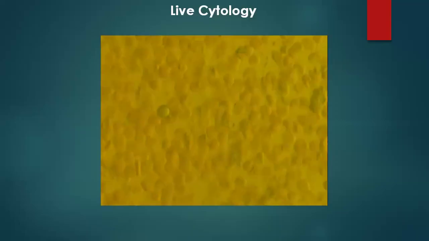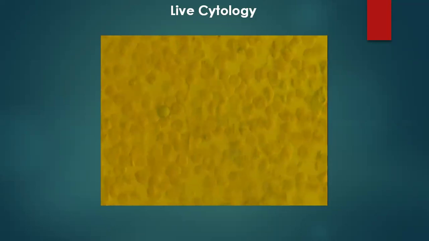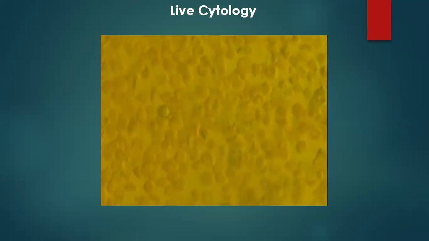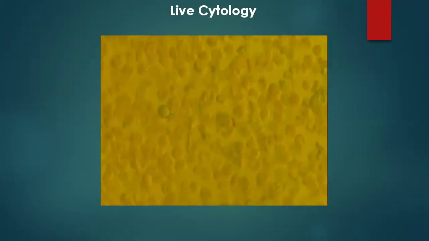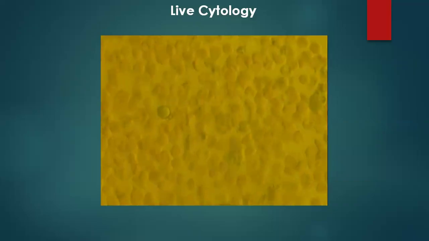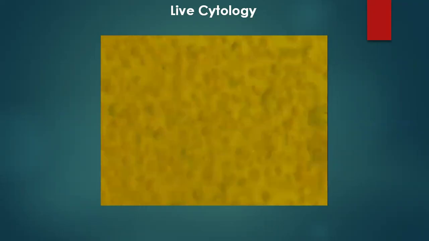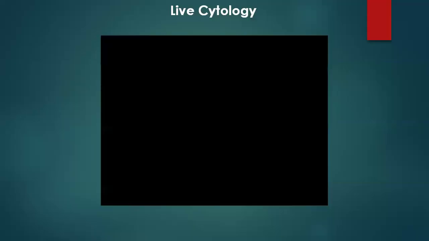Now this is live cytology, on which we recently had a publication. Now you see this is a normal blood. When you put fluorescein and see in video mode, you can see and well appreciate that the cells are uniform. There's no macrocytosis, no microcytosis, no epithelioid cells. But when you see the next slide,